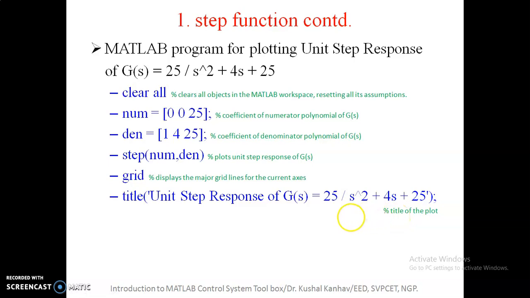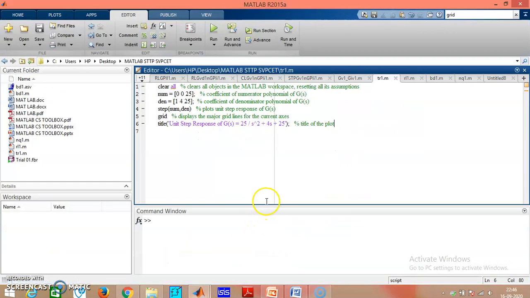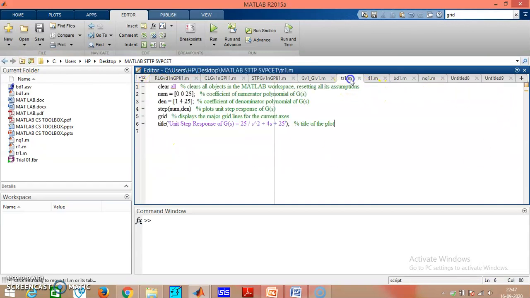Now we'll go back to MATLAB. So you now know how to write the program, and where to write the program. You will go to new, then you have to write the script, that is the program. So you can select script. You will find an editor window. You can type the program here. I have already typed this here, and we have already discussed this program.